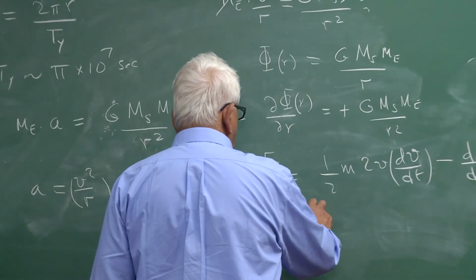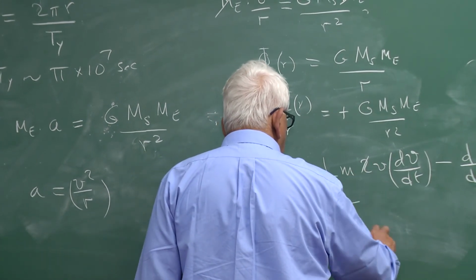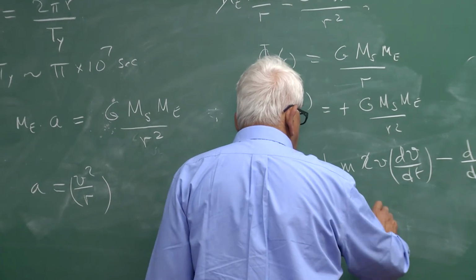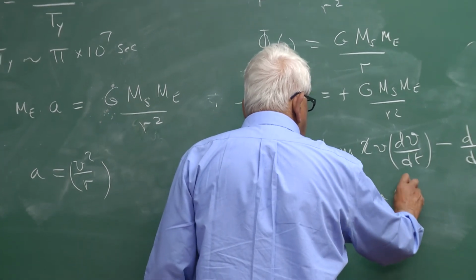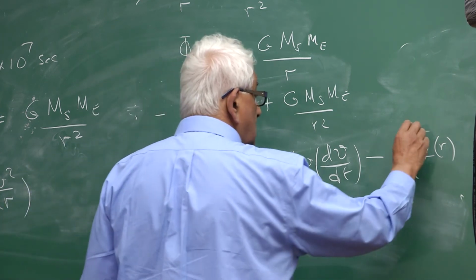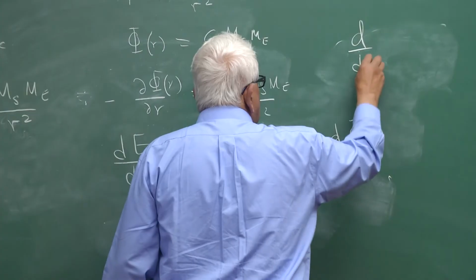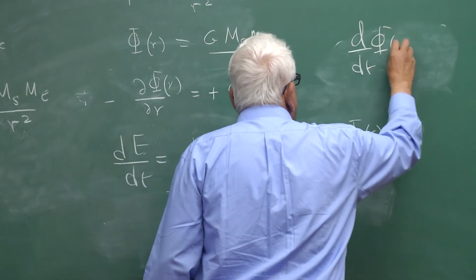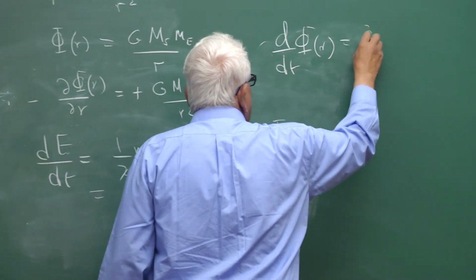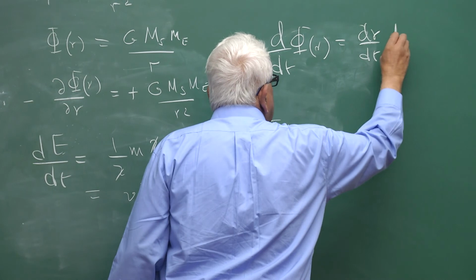So the 2's go away, you have v here, you have m dv/dt, is equal to minus, and this quantity d/dt of phi of r, I write as dr/dt d/dr of phi,